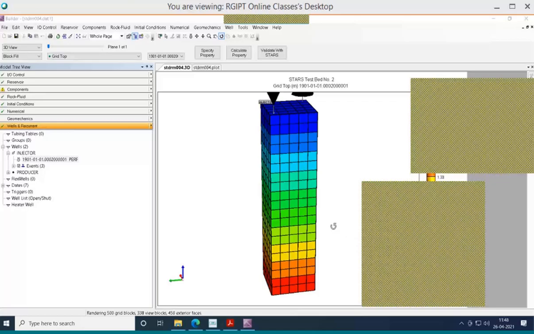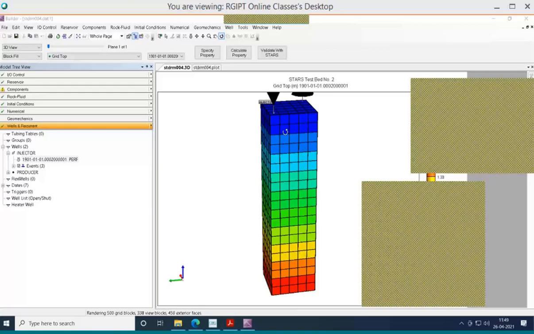Yeah, Amir. Yes, sir. Sir, I was saying that since we are injecting in the very first block 111, it is difficult to see the temperature profile going downwards. Like it disappears in the middle. If we can perforate it in 1120, then we'll be able to see how it will go down. In that case also, due to gravity segregation, it will move a little bit upward also.